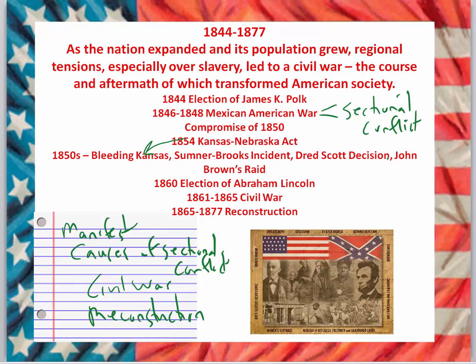So during the 1850s, tremendous sectional tensions. And I should have also put the Lincoln-Douglas debates in Illinois over the issue of slavery. And in 1860, Lincoln is elected. This will lead to South Carolina being the first state to secede from the Union, and several others will follow after the conflict at Fort Sumter. The Civil War is 1861 to 1865, and then Reconstruction is 1865 to 1877. Again, there's a more detailed video on this time period. Okay, now we go to